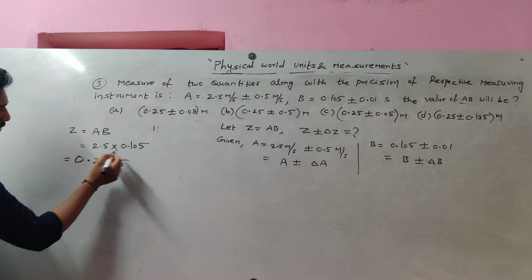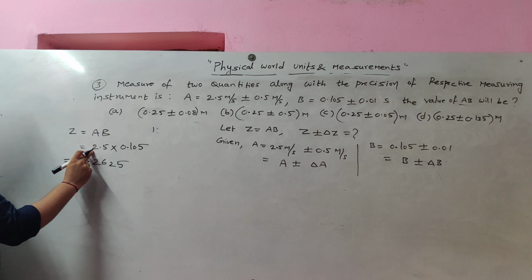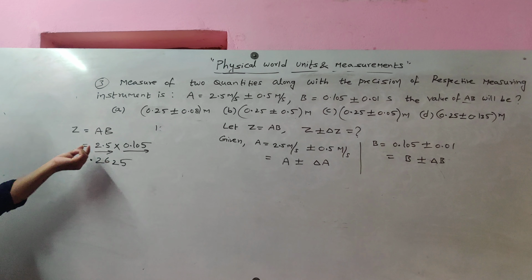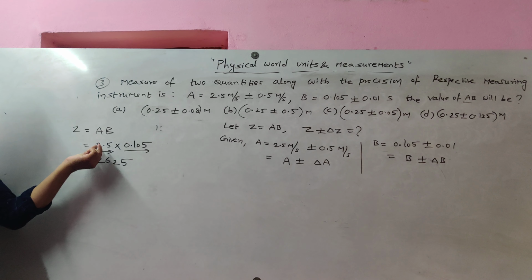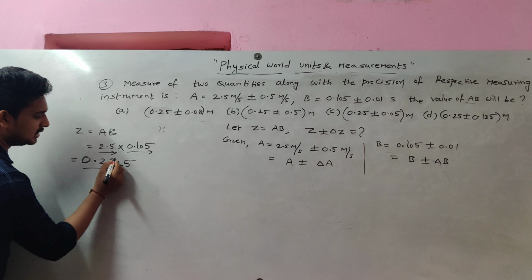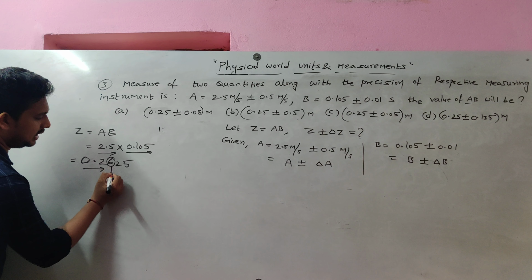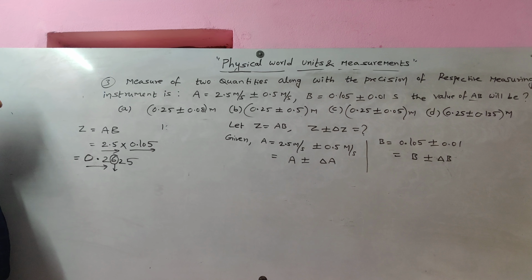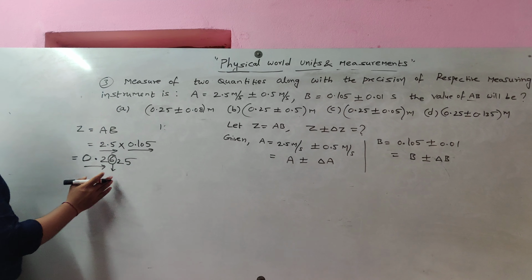Now 4 digits. How do we have to round here? Here 2 digits are there, and here total number of digits are 4. That means whichever is less, that we should choose. This is 2 digits. That's why 2 digits we should choose. So for the 2 digits, 6 is there, a number which is greater than 5, that means we round up.